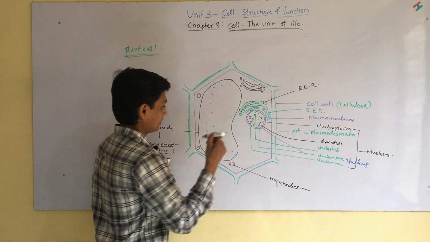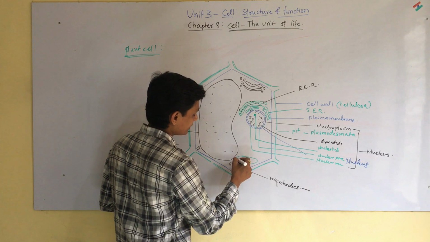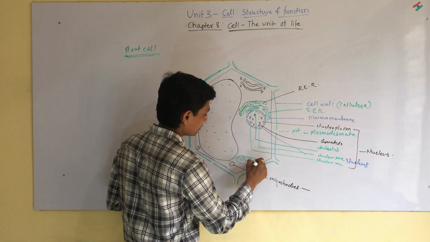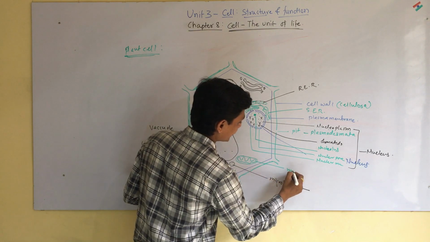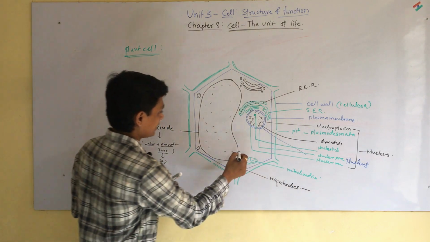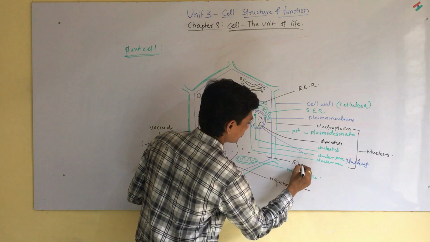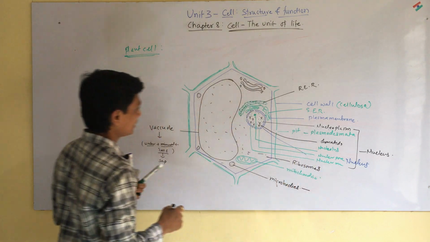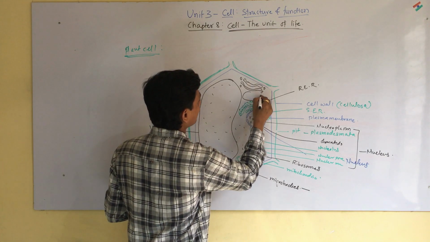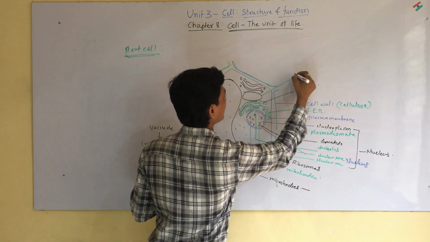Then the mitochondria is there, same as before, made up of two surfaces. The outer surface is smooth, while the inner surface has folds. Then ribosomes are also there, and the unique feature, a green color structure, is present known as